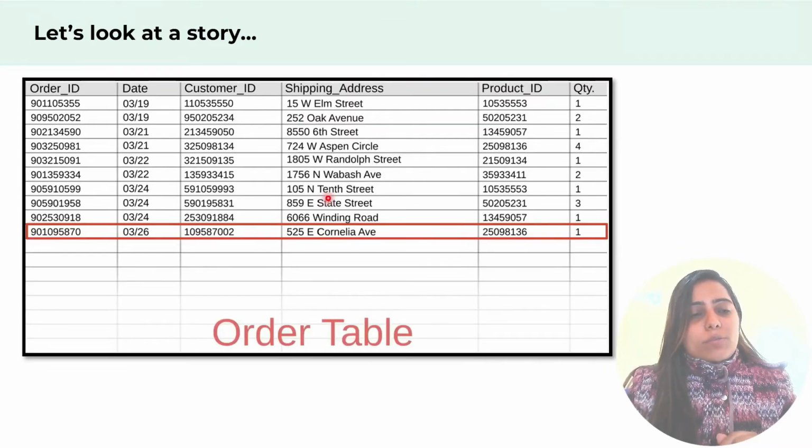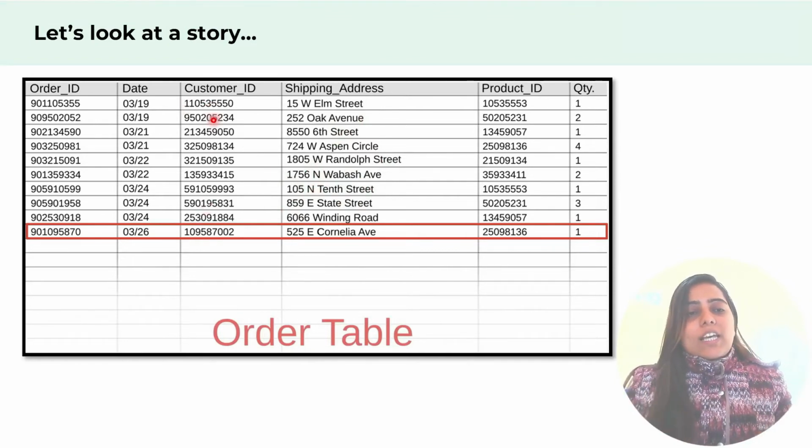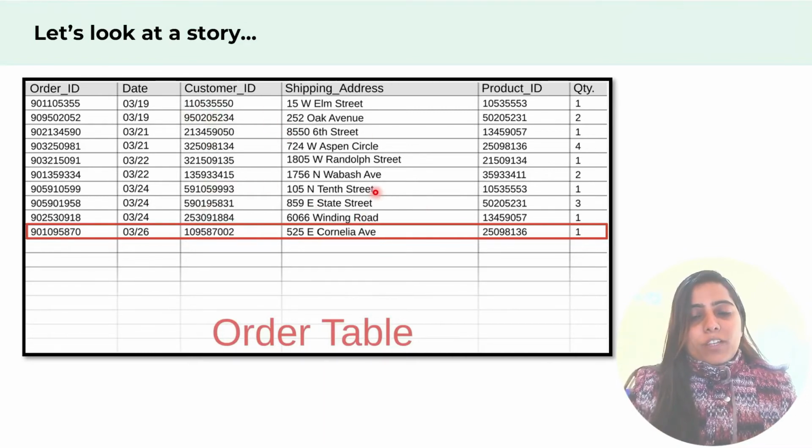And in the orders table, what is happening? Every order is being given a different ID. Customer ID, product ID is also being noted down here, and the shipping address. For example, now Mary Johnson ordered this particular order at a shipping address, and then she ordered a different order at a different shipping address. So that will be stored. And also the customer ID will be stored. So you can see that customer ID is matching and now the shipping address is different. So